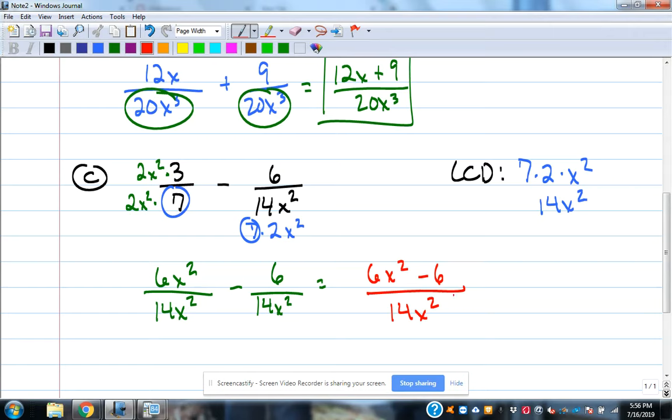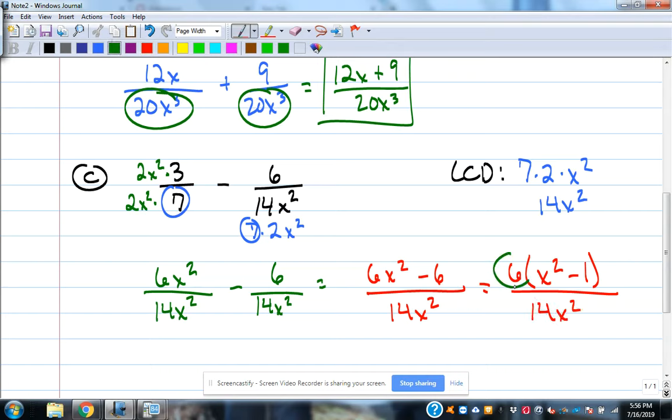I can simplify a little bit here because the numerator will actually factor. Remember, all the rules, anytime we did fractions in elementary school or anything, we always had to simplify at the end. You always had to reduce your fractions. Same rule still applies here, even though it's got polynomials in it. It's got to be simplified. So when I look at that, I say, okay, 6 and 6. I know there's a GCF of a 6. So that allows me to do that,